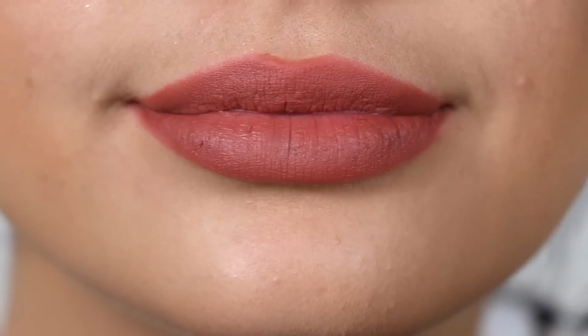This is the shade Staunch. Oh my goodness, yes. What do you guys think? I'm obsessed with it. I love it so much. I leave for Japan in literally 2 days and I think I'm actually gonna take this lipstick because I'm so obsessed. And look how like...